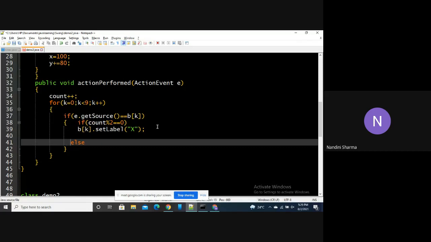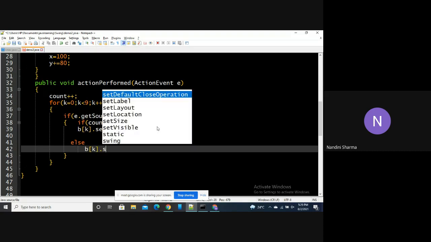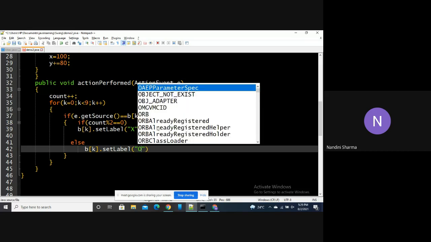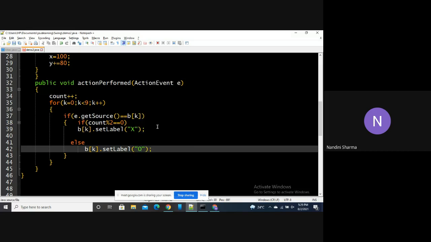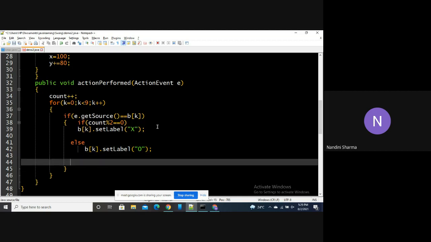Else we want the label to be 0, or O. I hope it is clear till now. Anyone has any doubts?